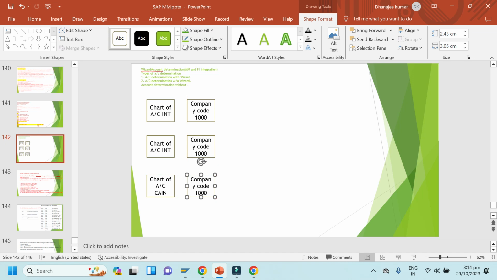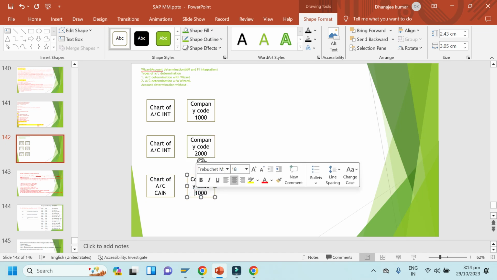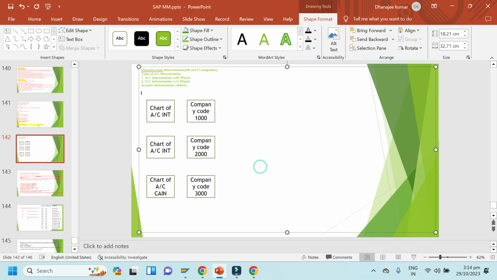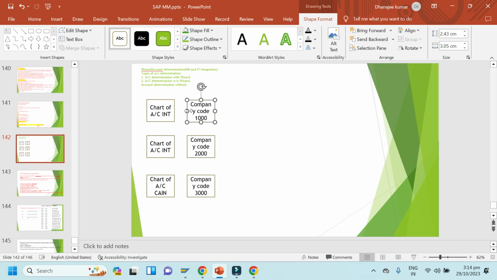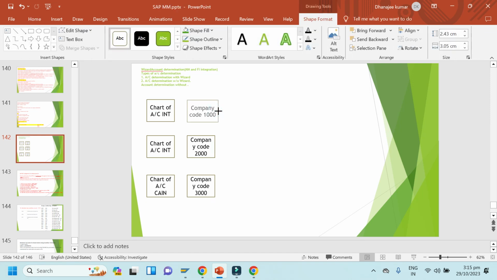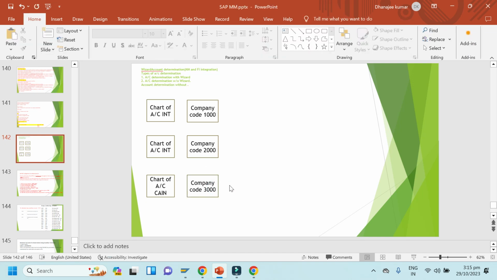So this is company code 2000. Just try to understand it here. Okay, and this is company code 3000. So let me make it a little bigger so that it will be good to understand. Okay, company code 1000, 2000 and 3000.